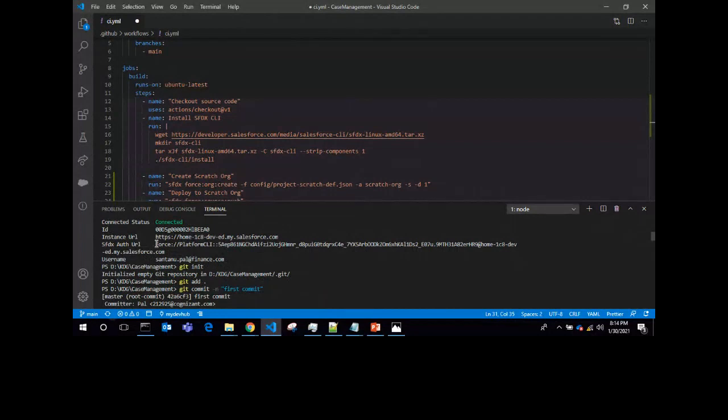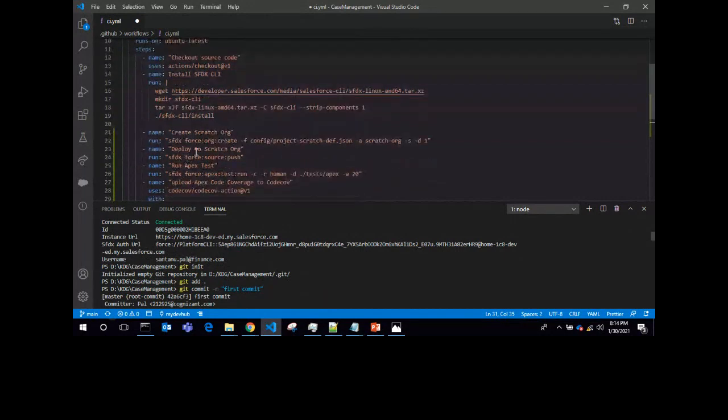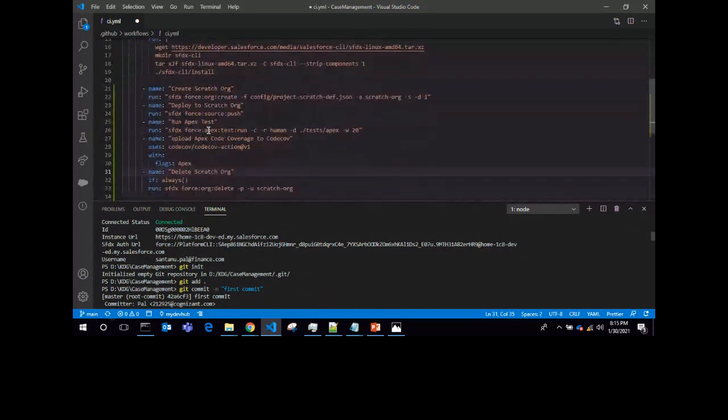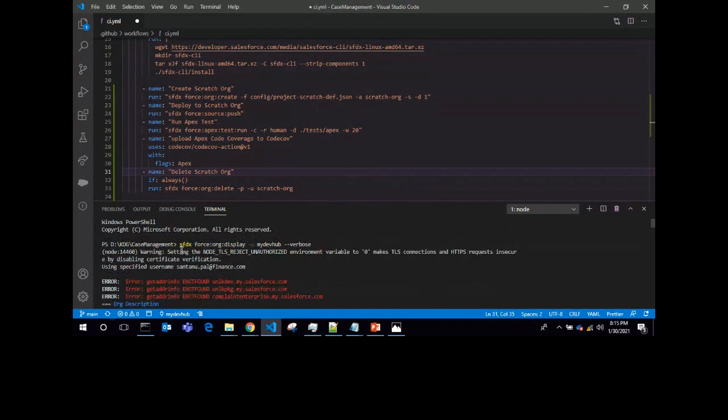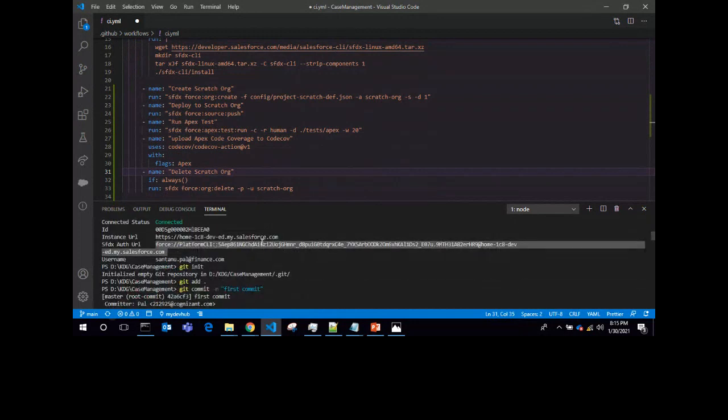From this DevHub org, the virtual machine will create the scratch org, deploy our code base to the scratch org, run the Apex tests, then upload the code coverage to Codecov. I will do that. I just copy this sfdx auth URL. What you will do is execute this command, sfdx force:org:display -u, then your DevHub alias. After executing this command, you will get to know the sfdx auth URL. I just copy this.